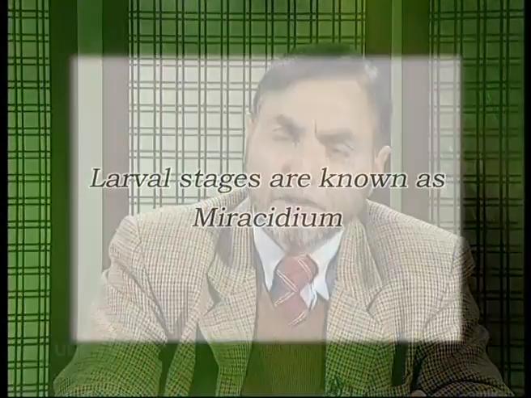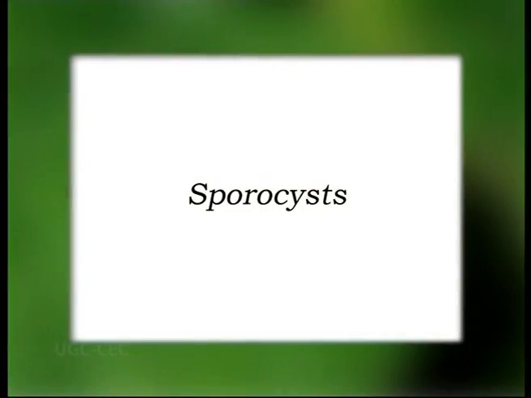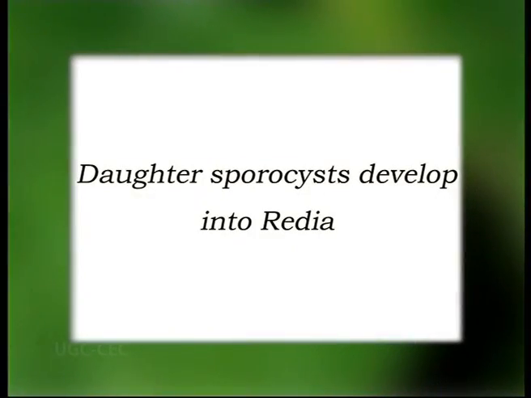We see the miracidium, which hatches out from the egg. When the egg hatches out, they develop small larvae-like structures known as the miracidia, which develop the cilia. With the help of cilia, they swim in water, and ultimately they reach the snails. And when they enter the body of the snails, they become sporocysts. The sporocysts have the germinal layer inside, and they give rise to the daughter sporocysts. These give rise to the redia, the first stage redia and the second stage redia.